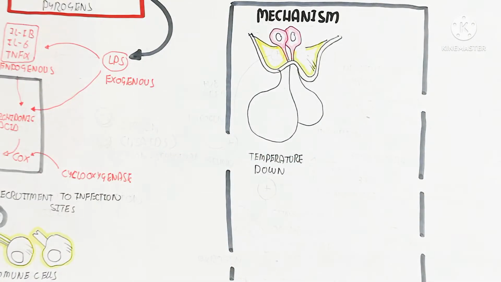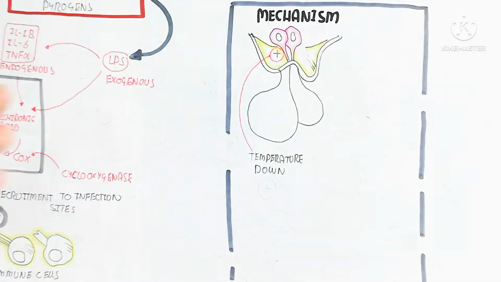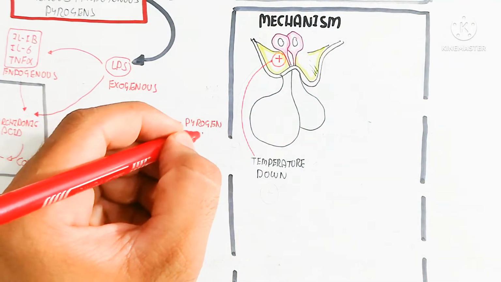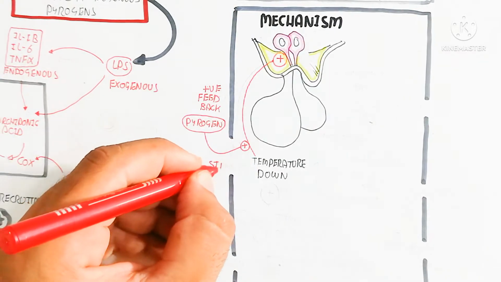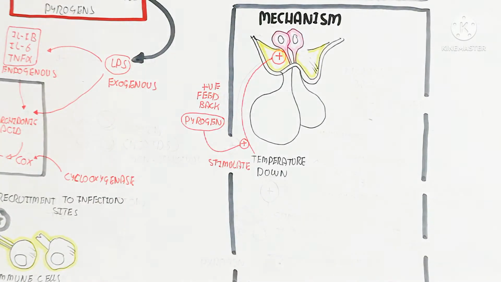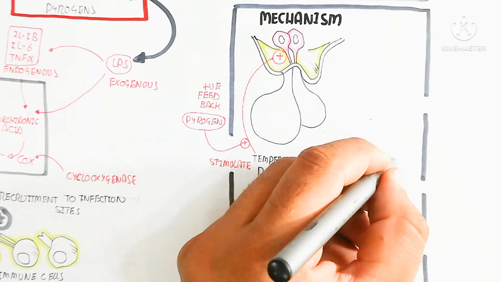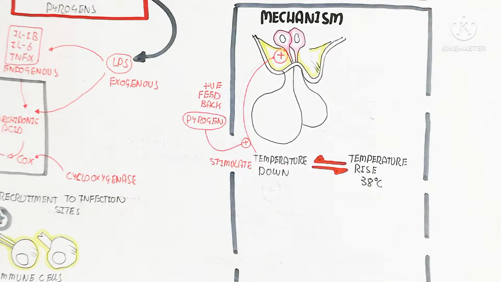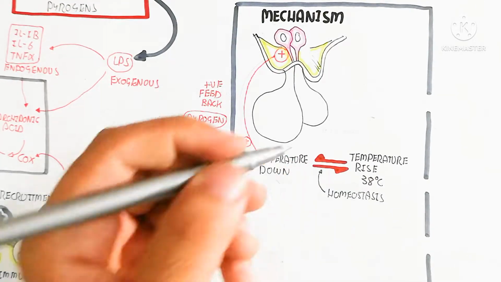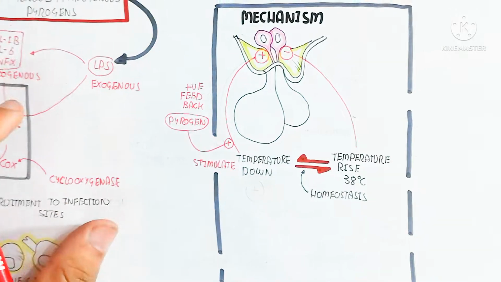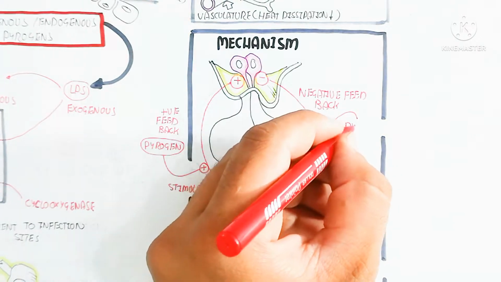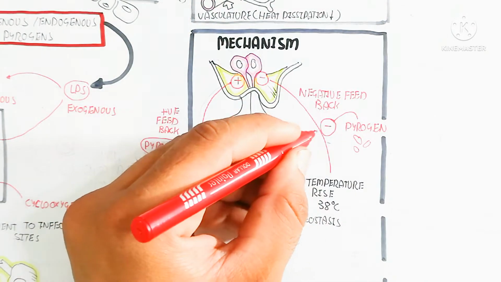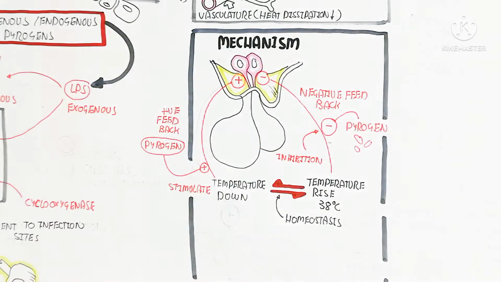So this is the hypothalamus, which contains neurons that maintain homeostasis for the heat, the temperature. So when the temperature goes down, positive feedback will stimulate, and the pyrogen will stimulate the positive feedback more to increase the temperature, while when the temperature rises to 38 degrees Celsius, homeostasis will inhibit the decreasing of the heat, but the pyrogen will inhibit this